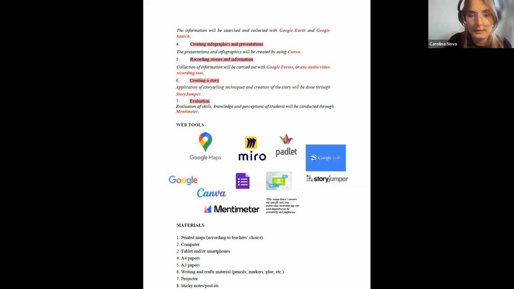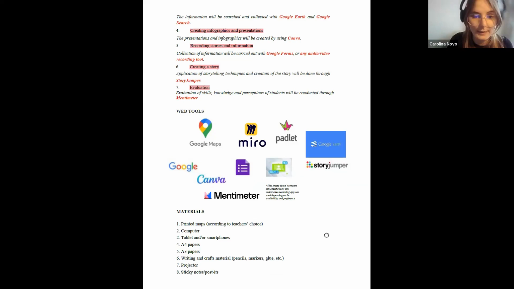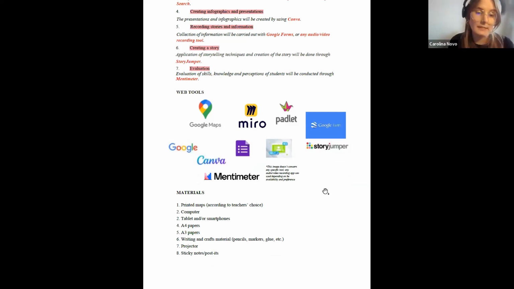So that's very similar. And regarding the materials, as the other modules are prepared for both a digital and a traditional application, we need digital tools, so computers, tablets, smartphones, and then also some materials for those who want or need to make the activities offline in a more traditional way.